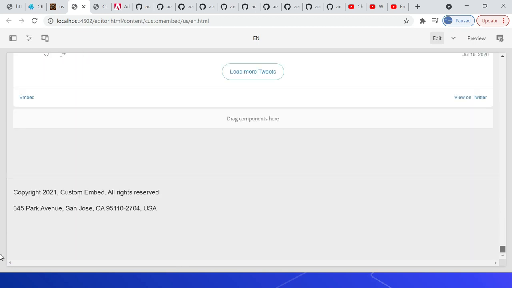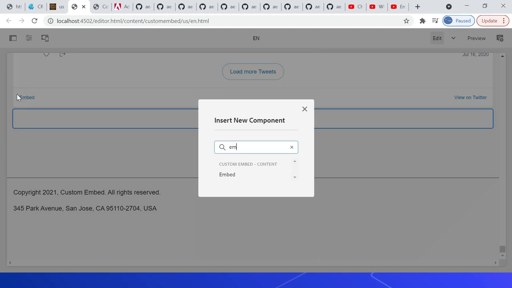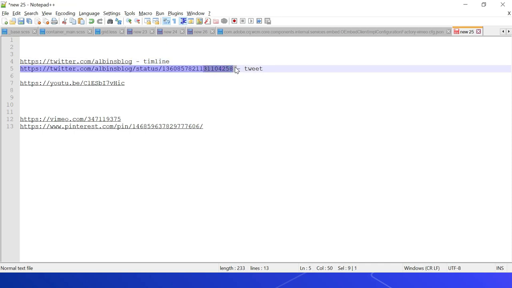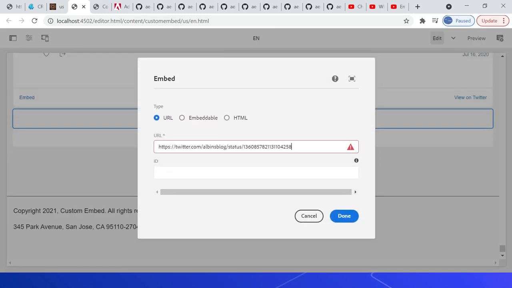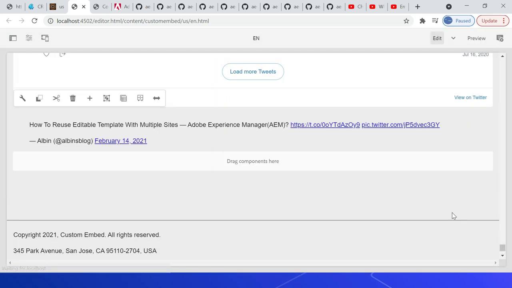Now let me go and add another embed component. I will go with the individual tweet URL. Okay, the Twitter URL can be processed. This is done.